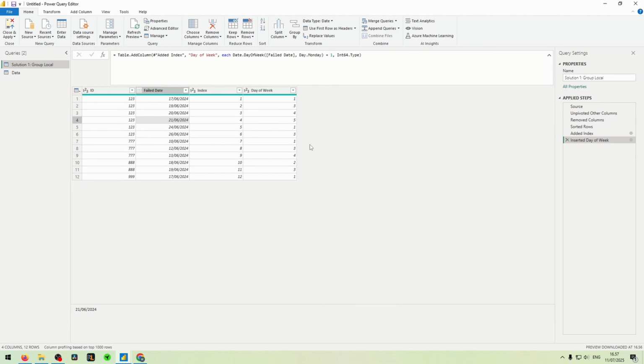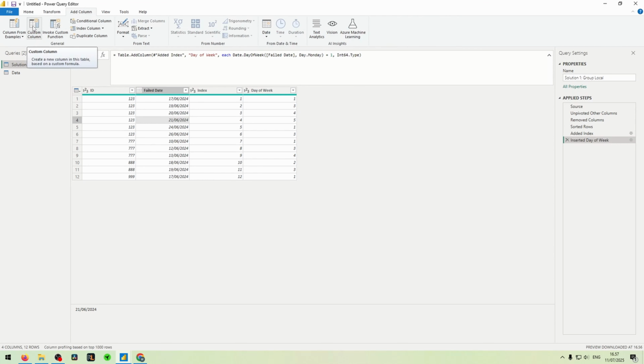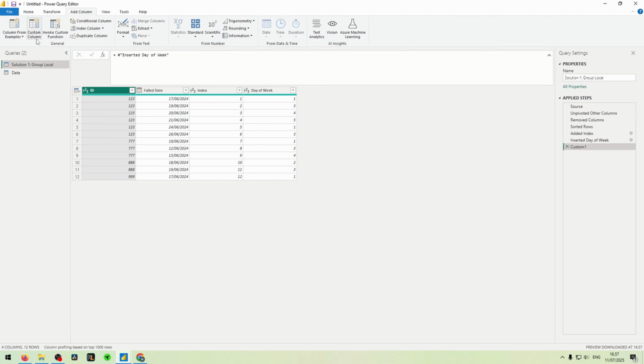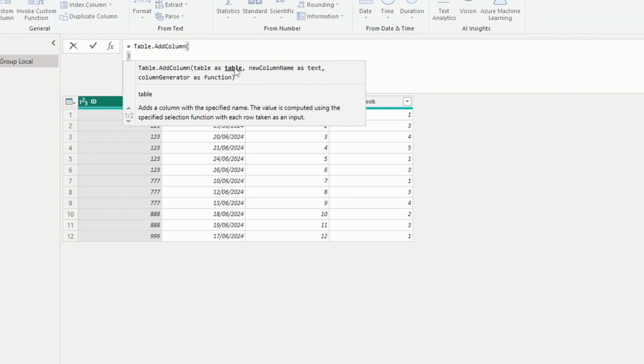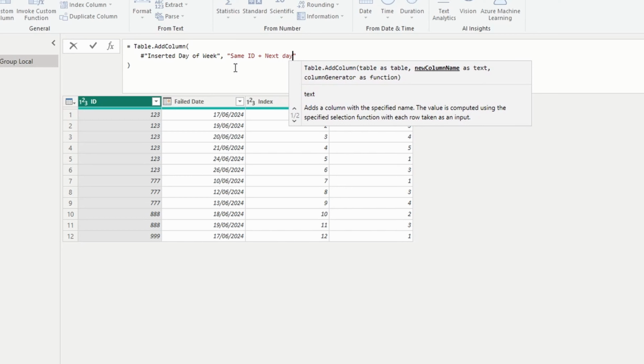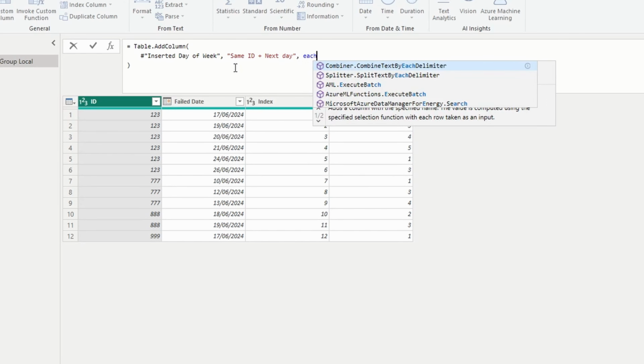I want to add a new column where I check whether the next day is consecutive or not. This is going to be a bit messy, and I could make a function, but I'm not going to do that. I'm not going to press the custom column button because I want more room to write in than I do in that little box. We'll be writing it manually. Add column to the previous step, which is called same ID plus next day, where my function then is